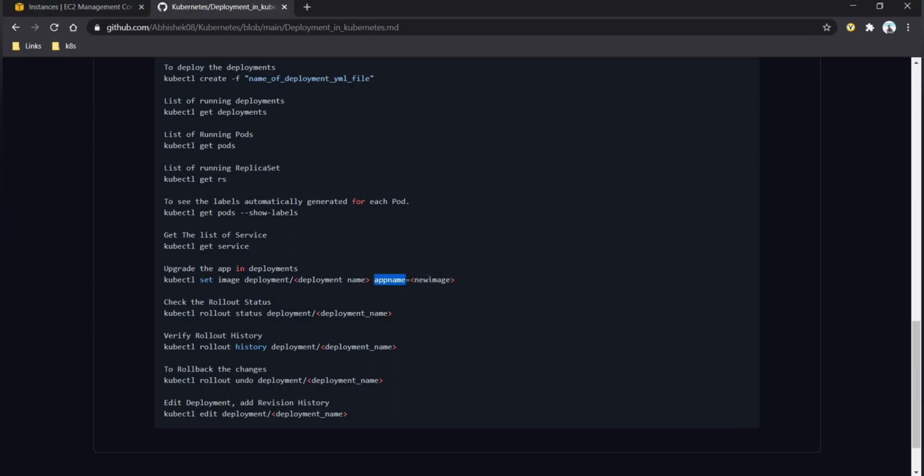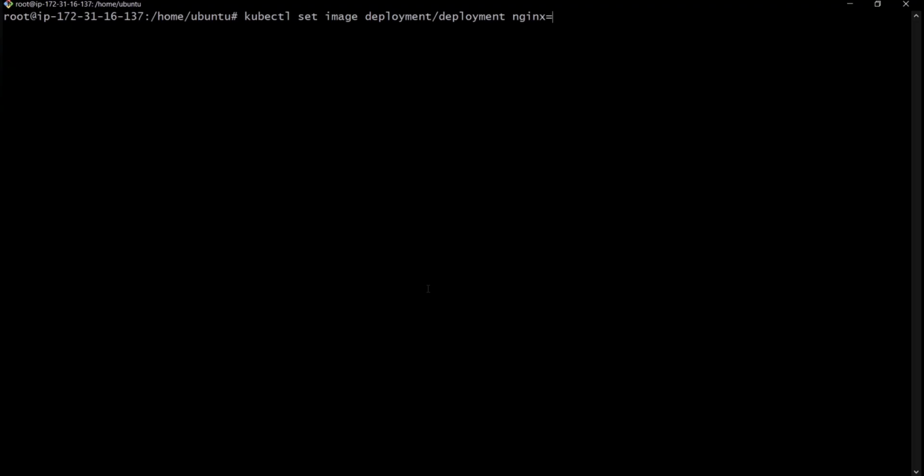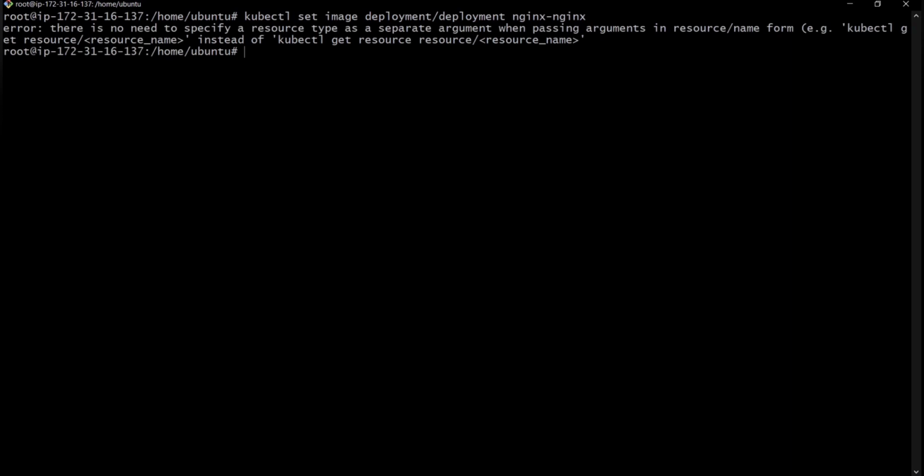Okay, see the app name and image. Okay, some error is there because of this. Now it's working fine. We can see here the deployment is updated.